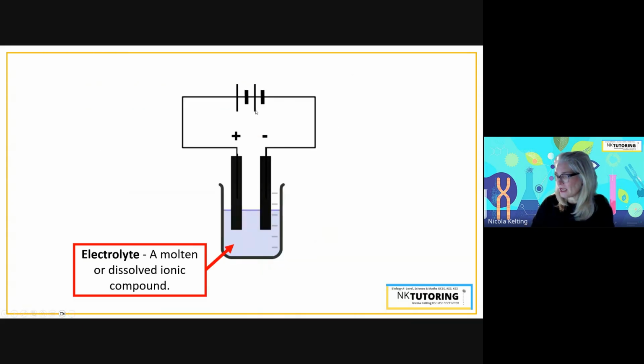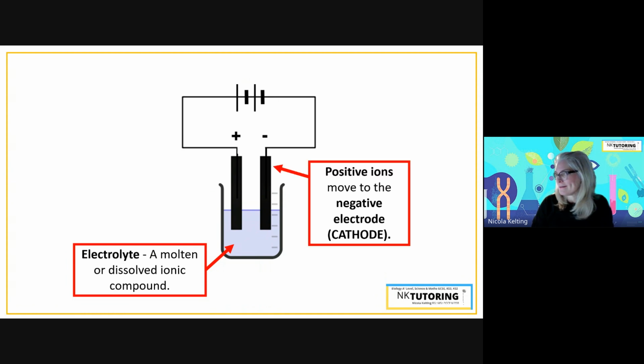Okay. We also need to be able to identify parts. There are quite a few questions about labeling and identifying parts to do with the required practical. The electrolyte itself is either molten, therefore melted from a solid to a liquid, so it's changed state of matter, or it's dissolved in water. Equally, it's liquid, but you have to note whether the information in the question refers to a molten compound or a solution. The positive ions will always move to the negative electrode,